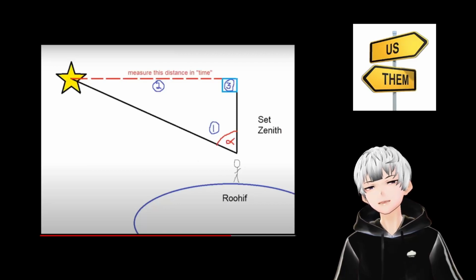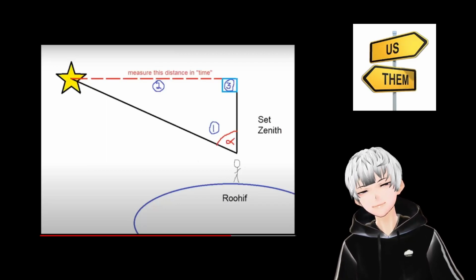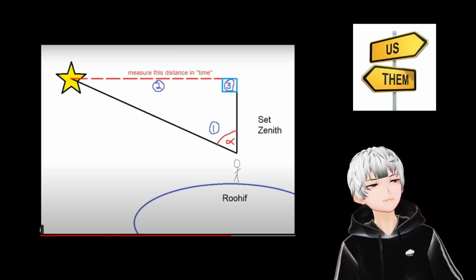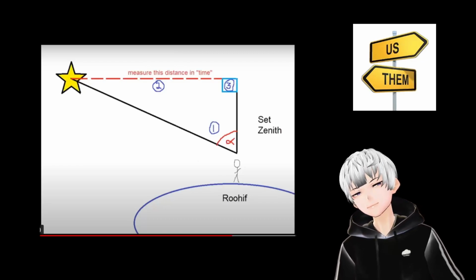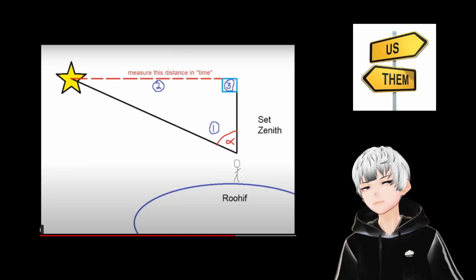And he's making a video trying to say that Ruhif is an idiot who's actually done a full demonstration of how this works on his channel. 2, the distance in time of the star to the zenith. And we've got number 3, we've got the right angle, 90 degrees. And at that point, the trigonometry can be done. However,